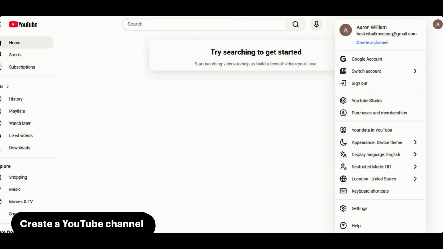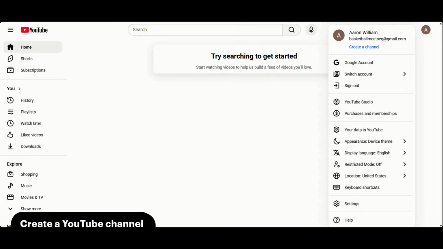So you'll see that I've got the email, and I use a Gmail account. Google owns YouTube, so it simply makes sense to do it this way. I'm not even sure if you could do a YouTube channel without a Gmail account, but as I said, it just makes sense. It keeps it simple. Now, this channel that I'm creating is going to be Basketball Meets EQ, and I think my plan is to make that the handle, which we'll talk about when we get to that point. Maybe we'll get there in this video, maybe we won't. But in either case, this is the Gmail address that I'm going to use.